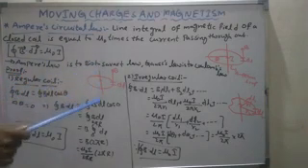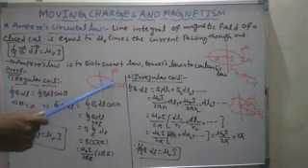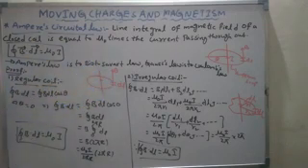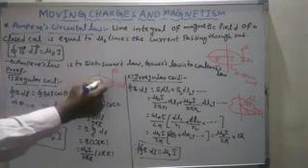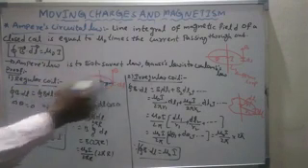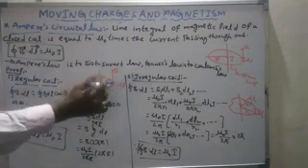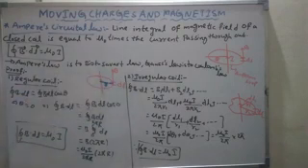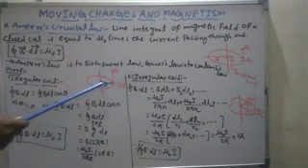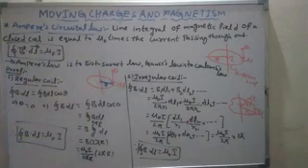It is a current carrying conductor. At r distance, we are going to calculate the magnetic field. In the last class we understood that the magnetic field due to a current carrying conductor at r distance is mu naught I by 2 pi r. With the help of that, we can understand the proof of Ampere's circuital law.